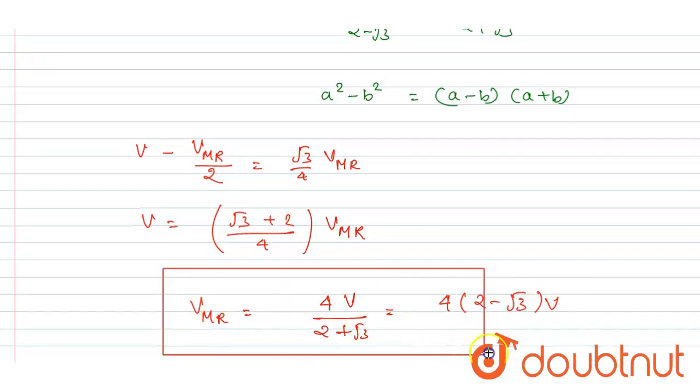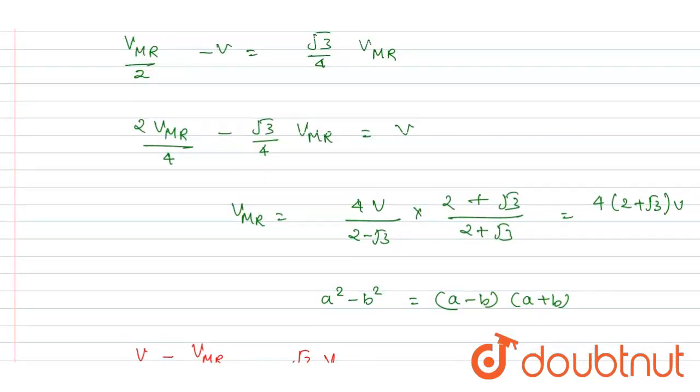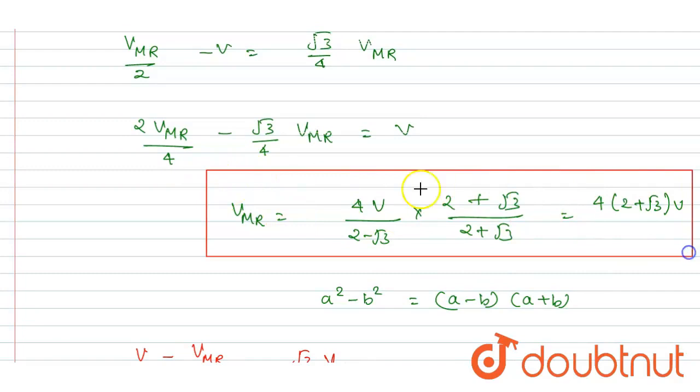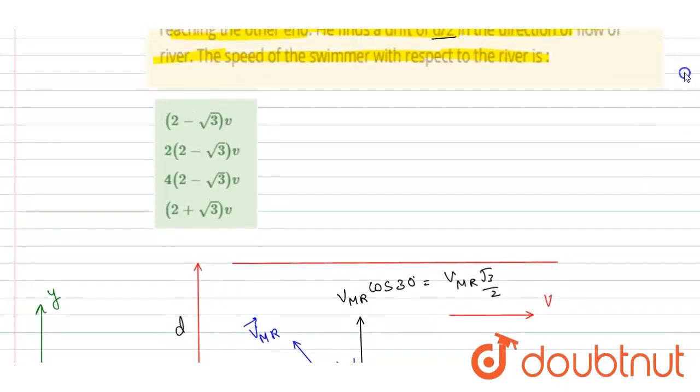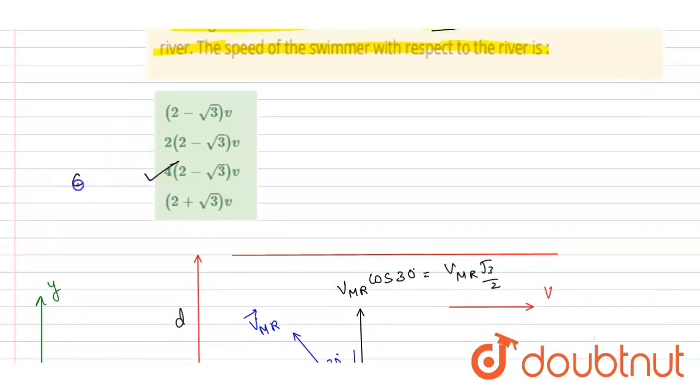So we can have two values, right? In one value the drift created will be in rightward direction, in the other value the drift created will be in the leftward direction. Now let's check the options here. So in the given options, C is the correct one.